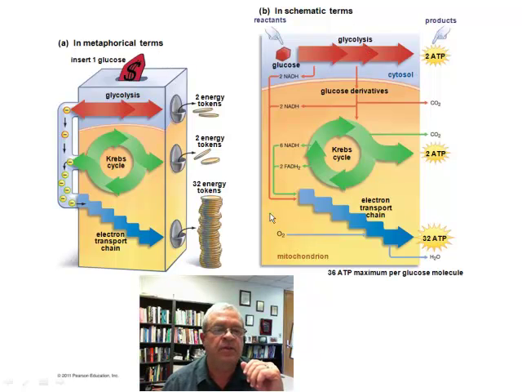Plenty of oxygen available. We're sitting here now, you and I, sucking in plenty of oxygen, but if you decide to go out and run a 5K or a 10K or half marathon, you might be sucking, but you may not be able to process oxygen very well, and you may not be able to get enough oxygen to your cells for all this to take place. And so if there's insufficient oxygen, you just can't suck it down fast enough to get it to your mitochondria,